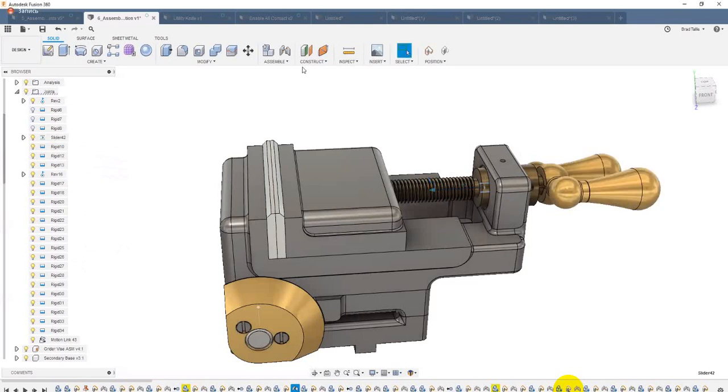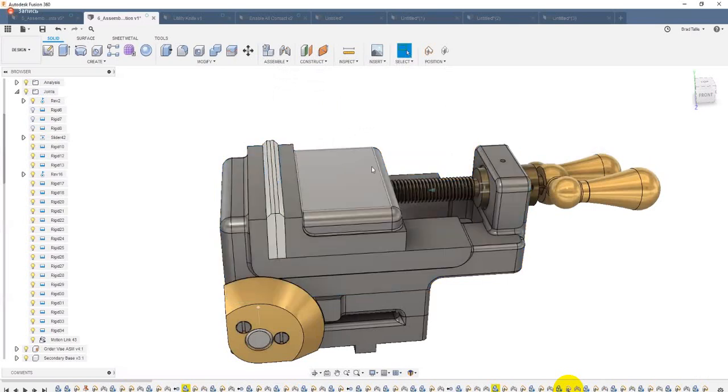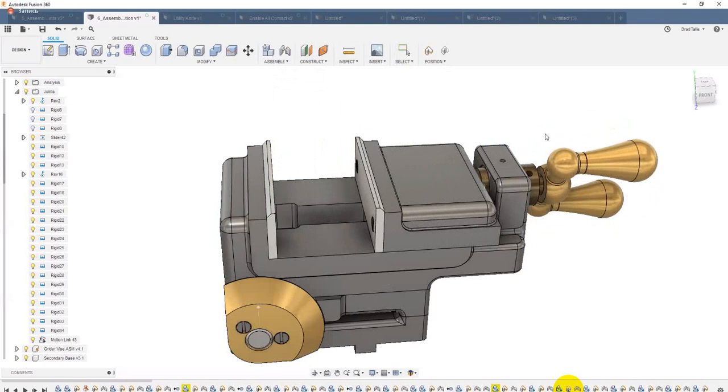Okay. Then I'll do the exact same thing again. I'm going to say new contact set, this guy, and maybe this guy. I want to make sure they don't hit. So I'll say okay. I'll drag to the right. You can see it slow down, and then I keep dragging to the right, keep dragging, nothing. So it sensed when it hit. And I'll do the exact same thing again. I'll say drive joints. I'll click on the slider, and it says it's minus 0.906. So I'll copy that guy